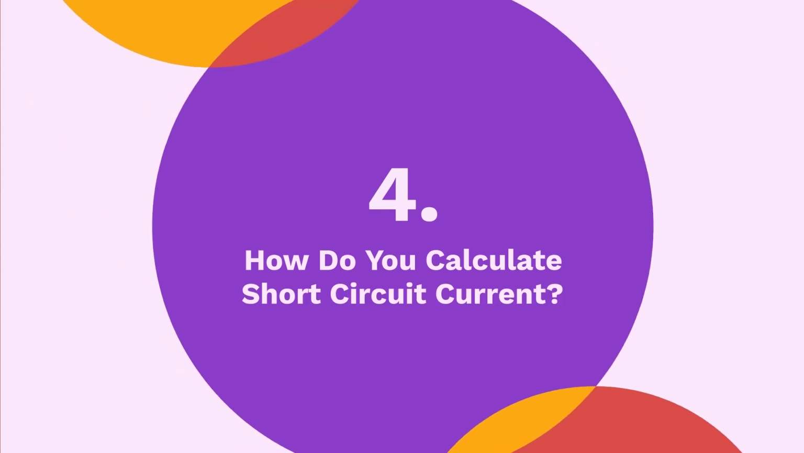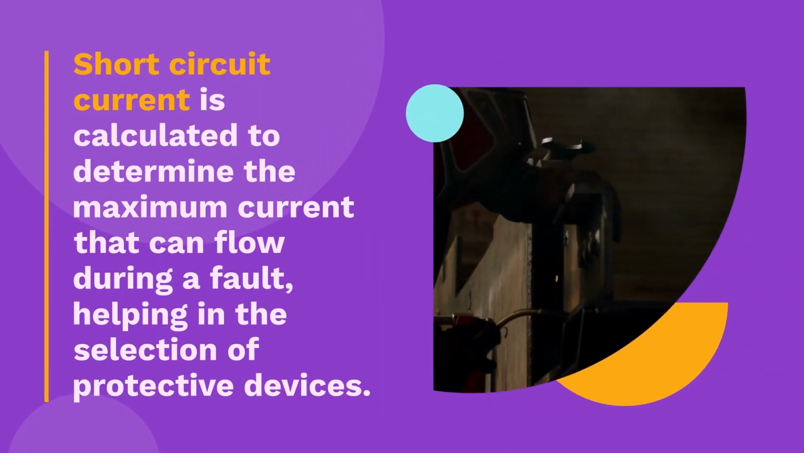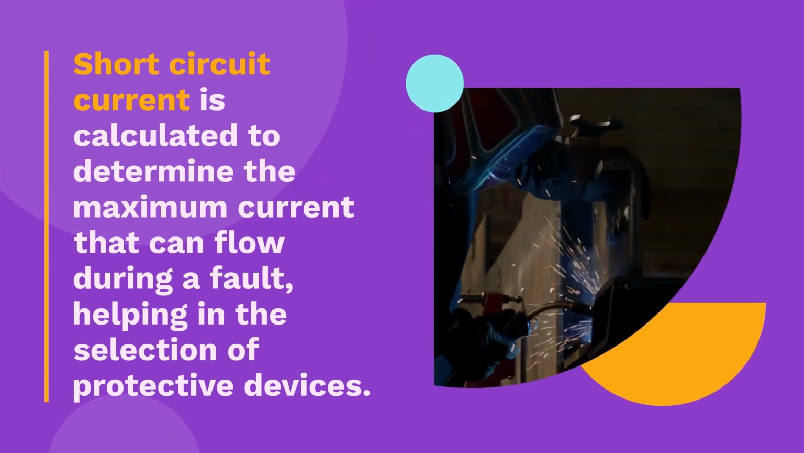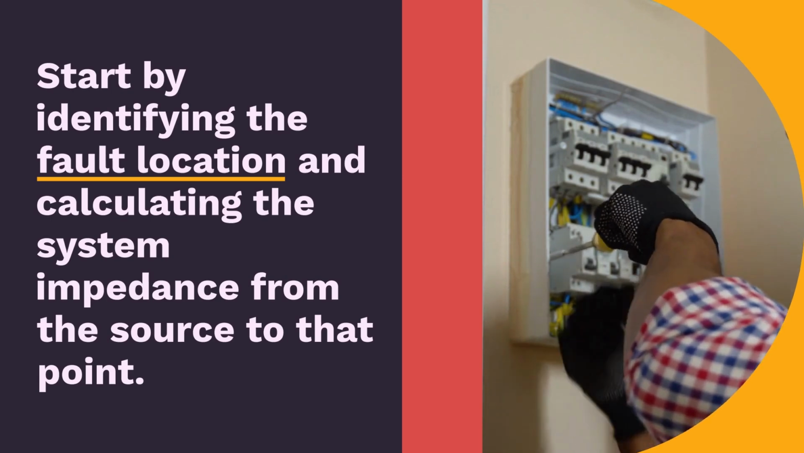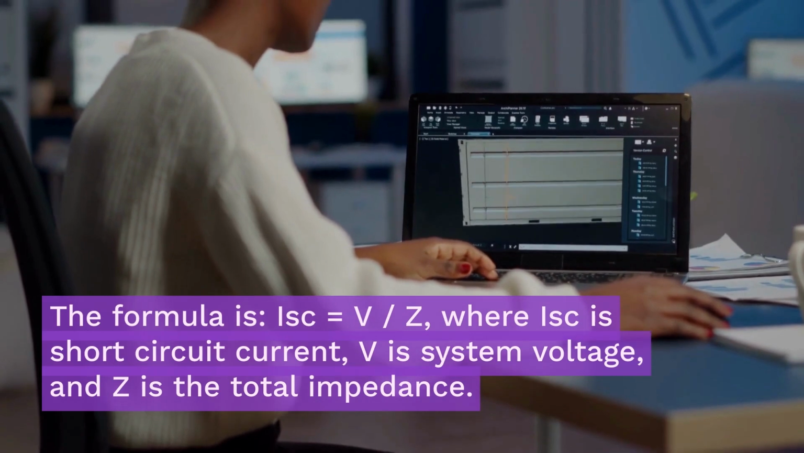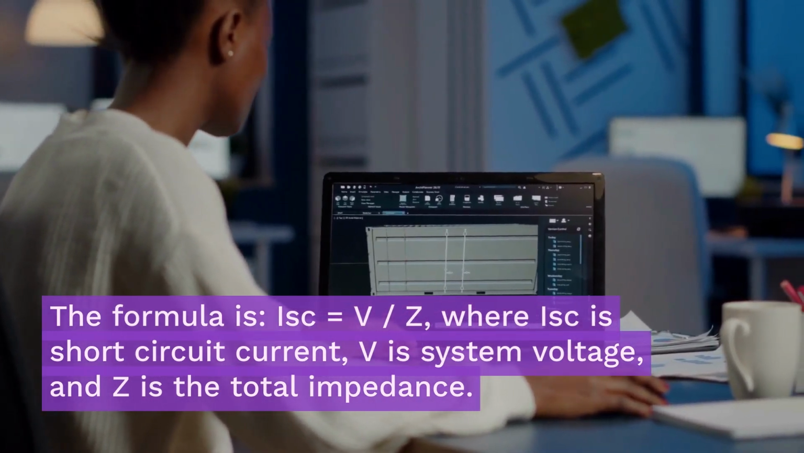4. How do you calculate short circuit current? Short circuit current is calculated to determine the maximum current that can flow during a fault, helping in the selection of protective devices. Start by identifying the fault location and calculating the system impedance from the source to that point. The formula is I_SC equals V/Z, where I_SC is short circuit current, V is system voltage, and Z is the